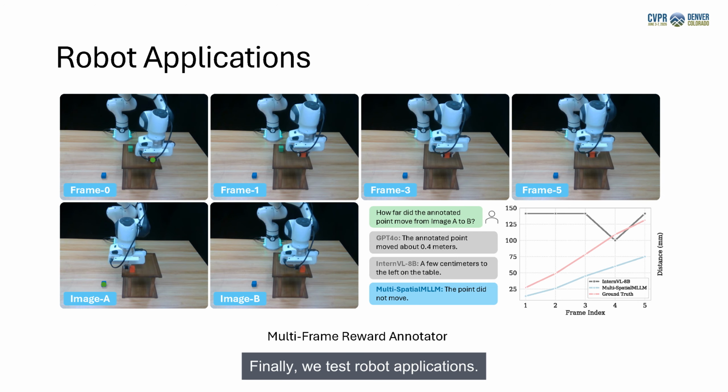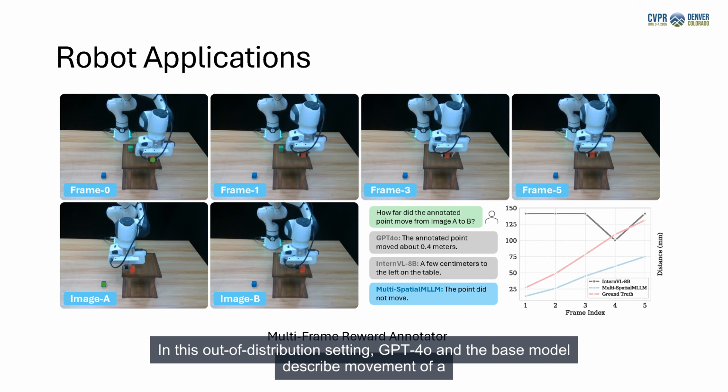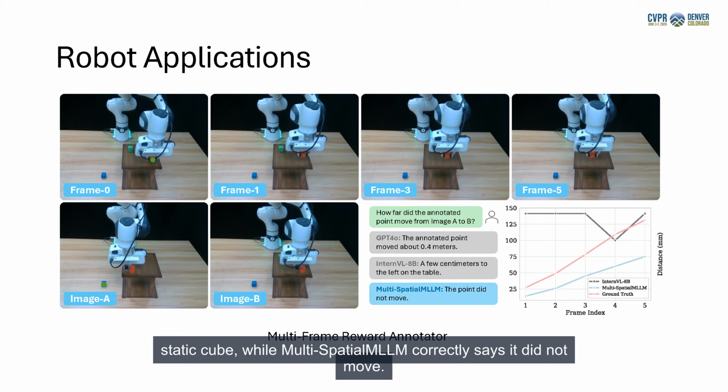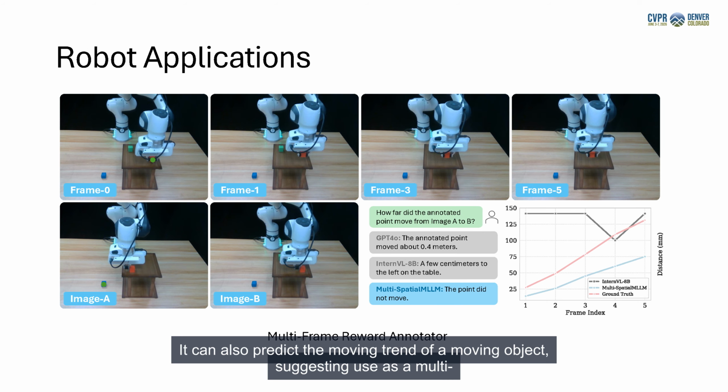Finally, we test robot applications. In this out-of-distribution setting, GPT-4o and the base model describe movement of a static cube, while Multi-Spatial MLLM correctly says it did not move. It can also predict the moving trend of a moving object, suggesting use as a multi-frame